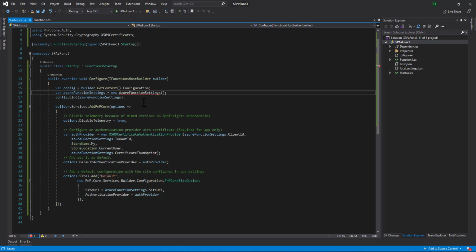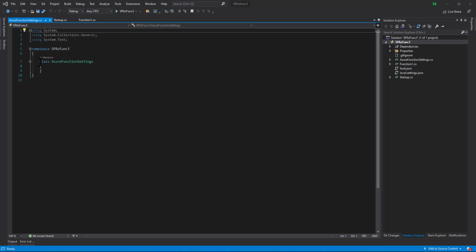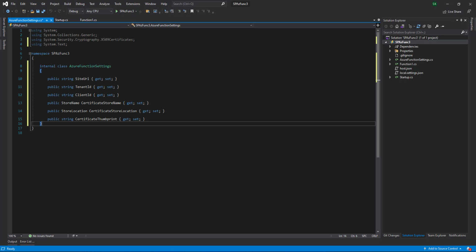Now we will create the Azure function settings file. I'll just create this settings class with a couple of properties like site URL, which is the site we are going to access, the tenant ID and the client ID, which we already have and which we got from the app registration.